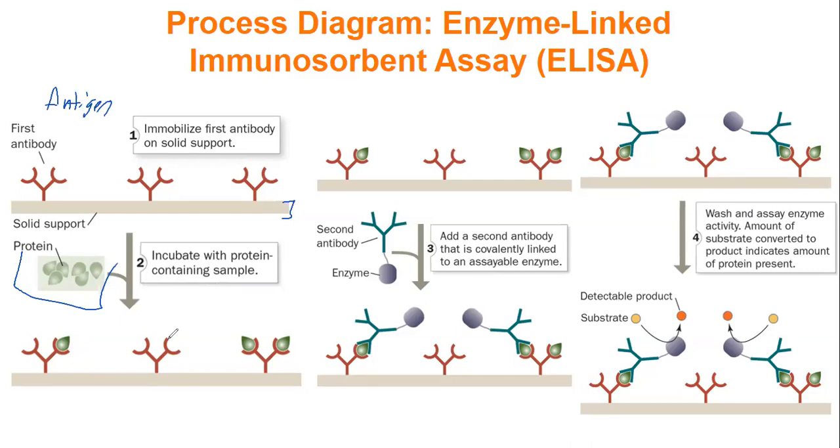So you incubate your sample with your solid media, and then generally you wash it. So anything that's not bound or not bound strongly will be washed away. Then, after that, you add a secondary antibody. This secondary antibody usually has some kind of enzyme on it. So this antibody, and by the way, antibodies are proteins themselves, will be added in, and it will recognize either your protein, or what will happen sometimes is that